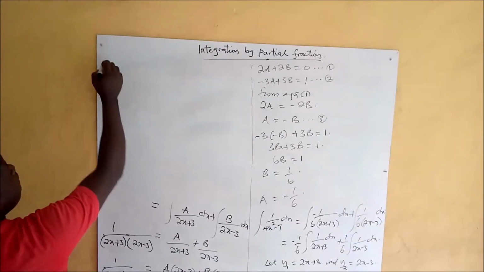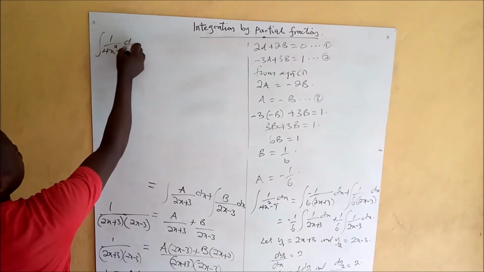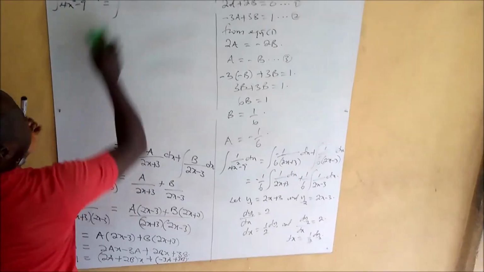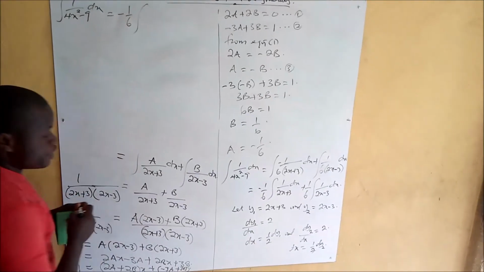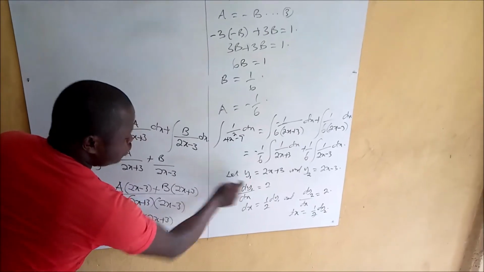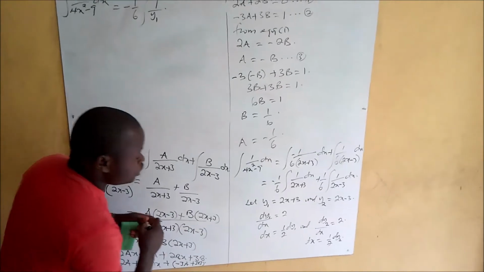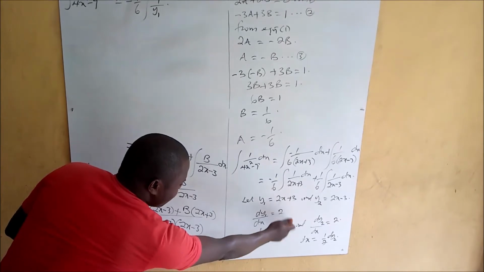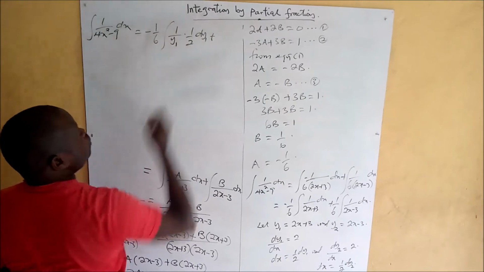So we find that the integral of 1 over 4x squared minus 9 dx will be equal to the integral, remember we factor out minus 1 over 6. So this will be minus 1 over 6 times, wherever we see 2x plus 3, we substitute y subscript 1. So that will be 1 divided by y1 times, what is dx here? The dx here is 1 over 2 dy1. So you have 1 over 2 dy1, plus